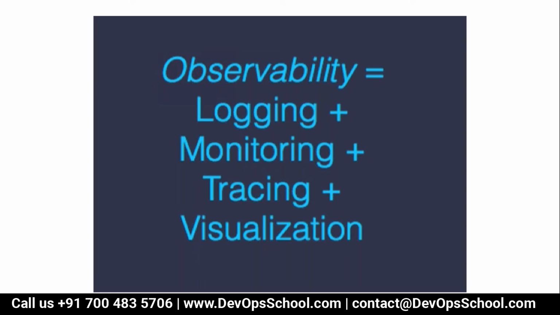For example, I hit a website called devopsschool.com in my browser. So I requested something, and then devopsschool.com responded with something, right? My request has traveled from my browser to the DNS server, to the web server, to the app server, to the database server, and then I got a response. That tracing from you to DNS to load balancer to applications, web server, application, database, and then everything back is called tracing.